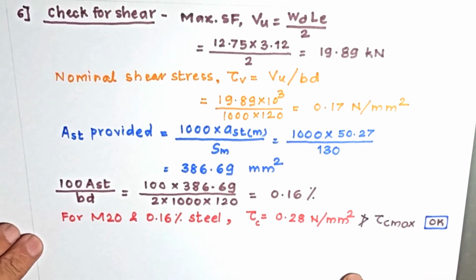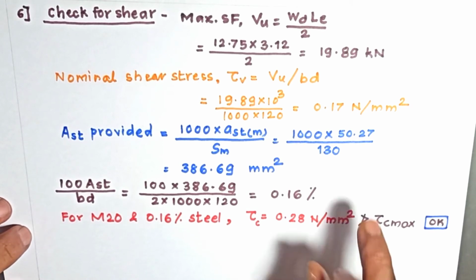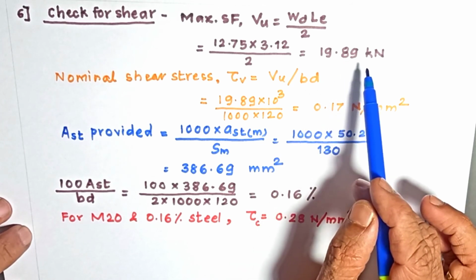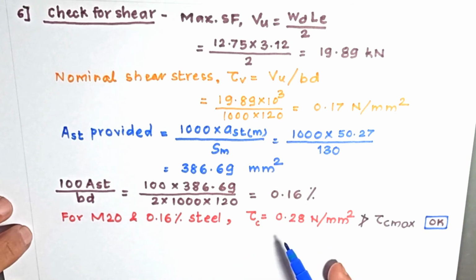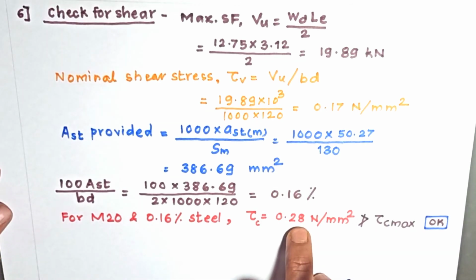Now what we understand from this? This is the shear stress actually induced. Okay, 0.17. Okay, and this is the shear stress resisted by the concrete. Then as this is a slab and thickness of the slab is very small, this strength again is multiplied by the constant K, okay, and